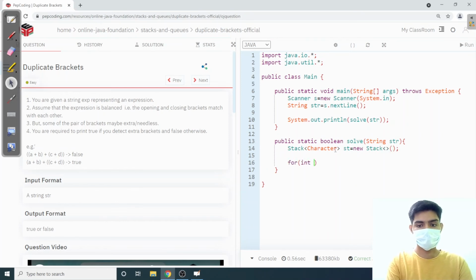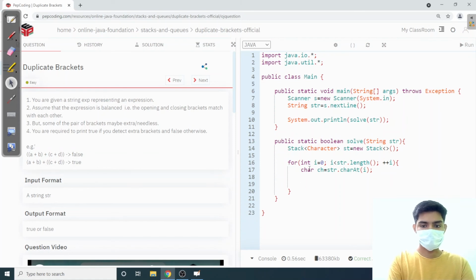Now what I have to do is traverse the string. So I will traverse the string, and for every character, let's take the character out in a ch, str.charAt(i), and then I have to check if my character is equal to a closing bracket or not.